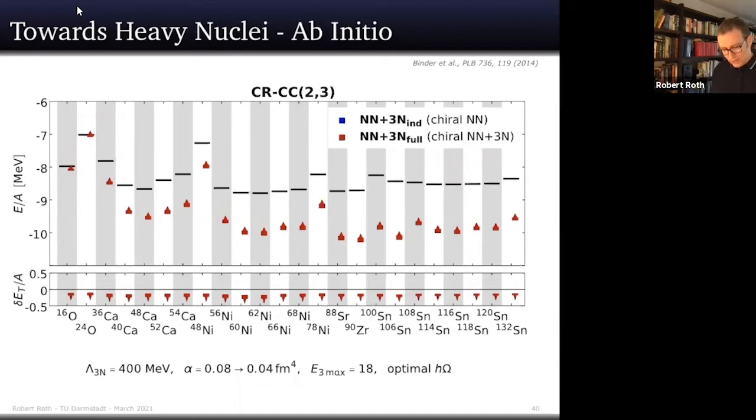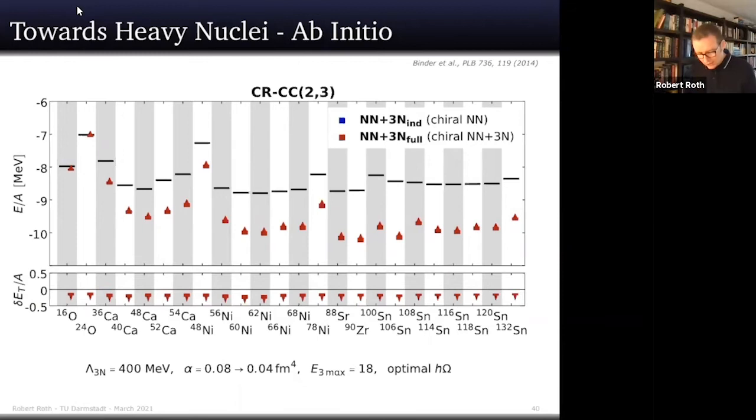So the ground state energies for oxygen 16 and oxygen 24, these red symbols, are in very nice agreement with the experiment, which is represented by this bar. Down here, if you're wondering, this just shows you how big the triples correction is, so how much of an effect this correction for the three-hole excitations in the exponent has. It's not really big. It's 0.2 or so MeV per nucleon, but this is the level of precision we are working at. So from the many-body point of view, this is a very accurate calculation.